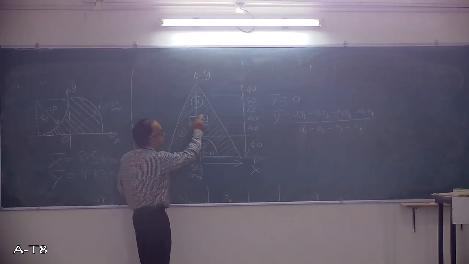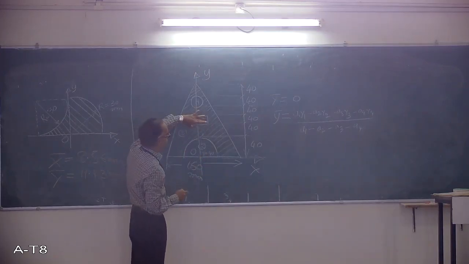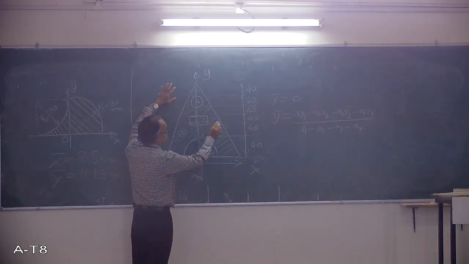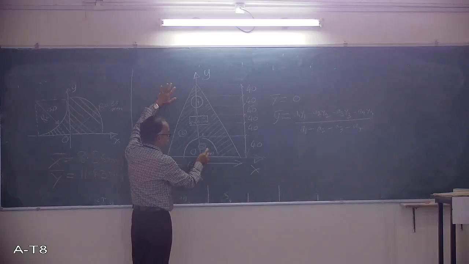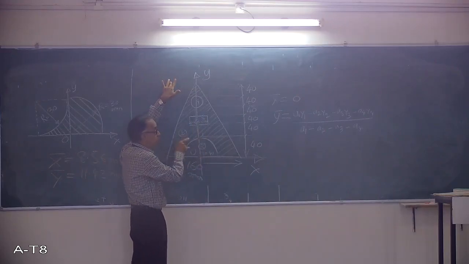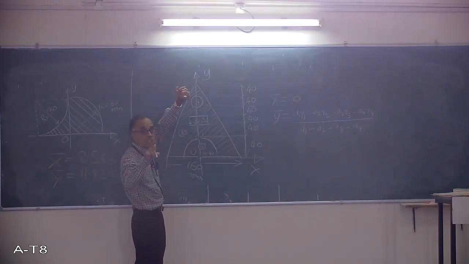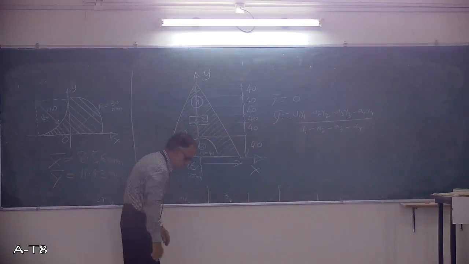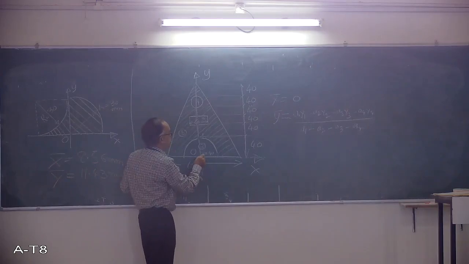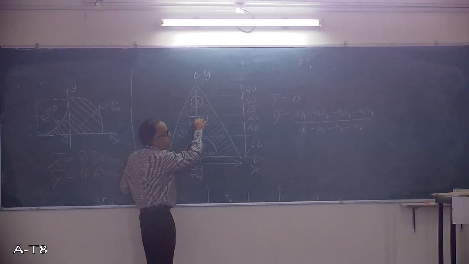Next, the area of the rectangle. This is 40, this is 60, so 40 into 60. The center will be exactly at this point, half of 40. But from the origin you have to measure 40 plus 40 plus 20. You should be very careful. The origin is very, very important. For every figure, you should draw the origin, x and y axis, so that the problem will not go wrong. From the origin, if I measure here, this is 40 plus 40, 80, 80 plus 20. That will be y2. Similarly, that is y3.